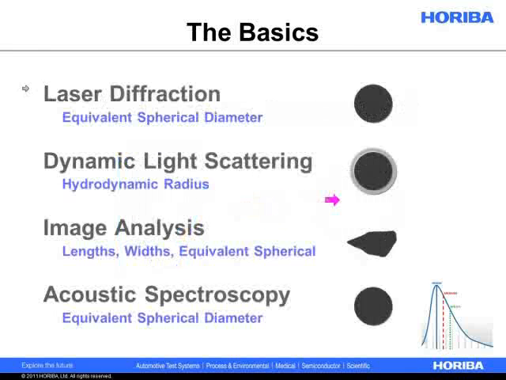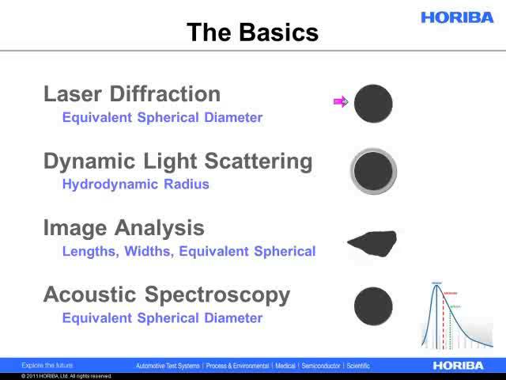For example, we have laser diffraction. Again, what I'm going to be focusing on today. Laser diffraction reports what's called the equivalent spherical diameter. And again, that's just what I talked about. Regardless of what the particle shape may be, it's going to show you what the equivalent sphere would be. So a median size of 10 microns is really saying the median size of this particle distribution if they were